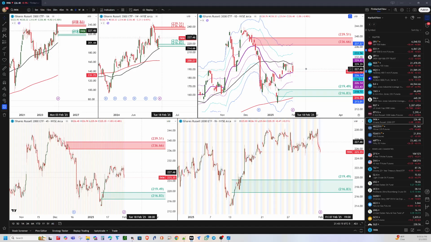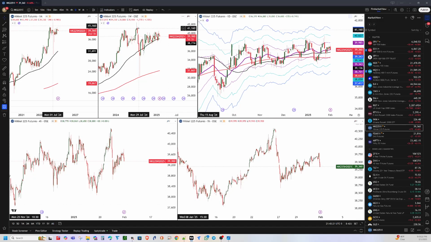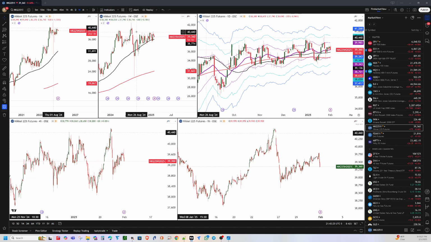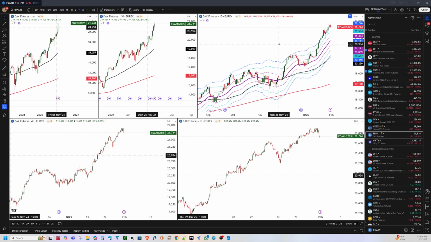We'll move on to the next equity markets, Japanese Nikkei 225 futures. If you see this Nikkei, it's a mess. Weekly is basically range bound between 40 and 35, which is 35 area on a monthly and a weekly, and this consolidation, the range bound between 40,000 to 35,000, something like that. So it's not a good sign. And German DAX futures,